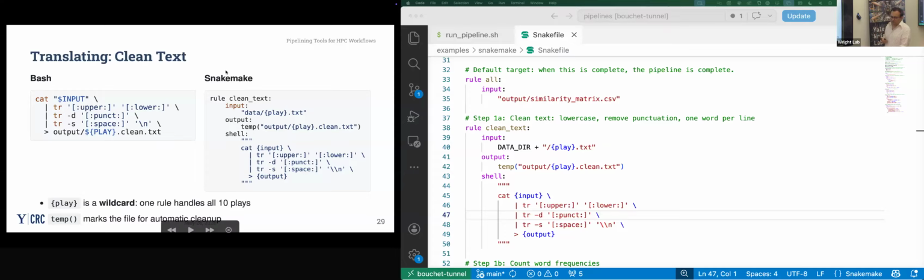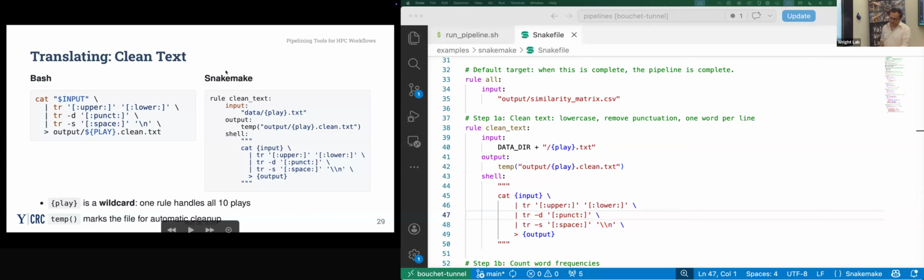It then uses some Linux terminal built-ins. tr is like a translate, maps one set of characters to another. So in this case, it uses tr to map all uppercase letters to lowercase. It deletes all punctuation characters, and then it substitutes any space characters with new lines so that every word is on its own line. And then we output that to this clean.txt named for the same name of the play